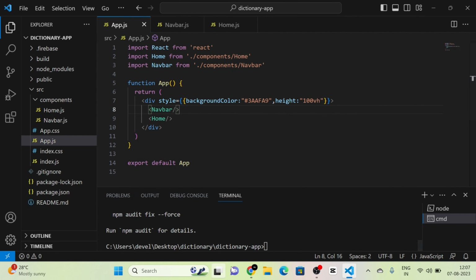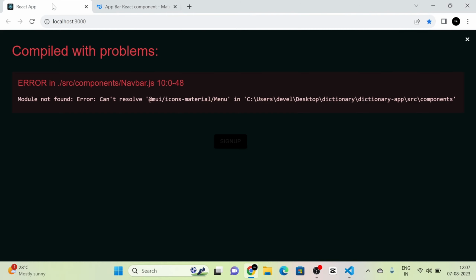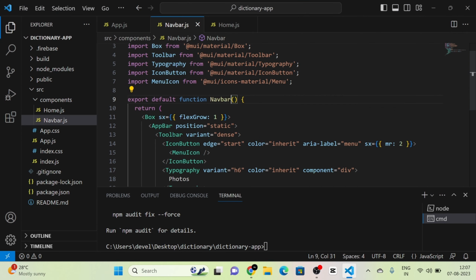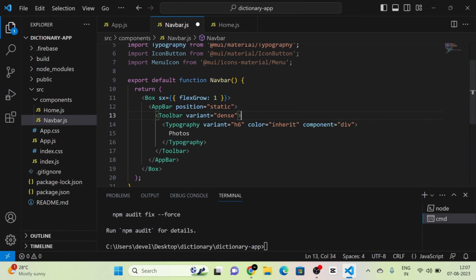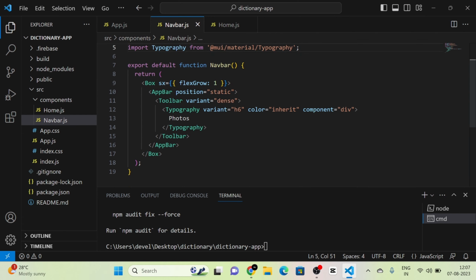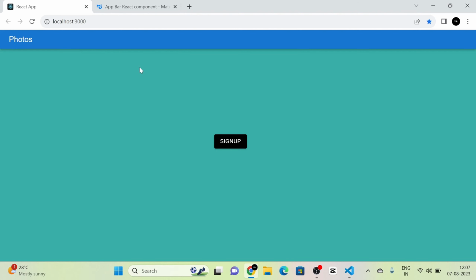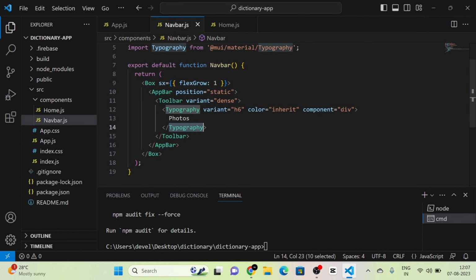Okay, so now you can see that there is a navbar. It is showing an error on menu. So in the navbar you can see that we don't want this menu section, so I'm going to remove that. Okay, now you can see that there is an app bar in our project. I'm going to change the name of this app bar to our website name. I'm giving the name of the website as S2 dictionary,